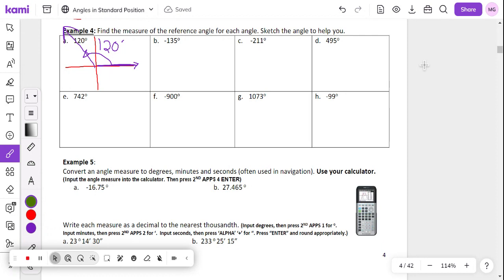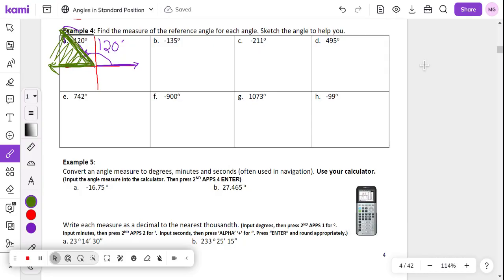So the reference angle is the angle formed by the terminal side, and the x-axis, and they make an acute angle. So here's our x-axis. We have an acute angle. So this angle right in here is our